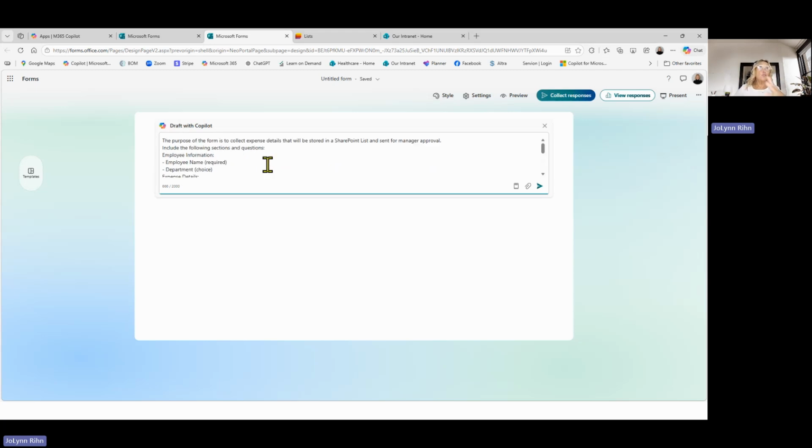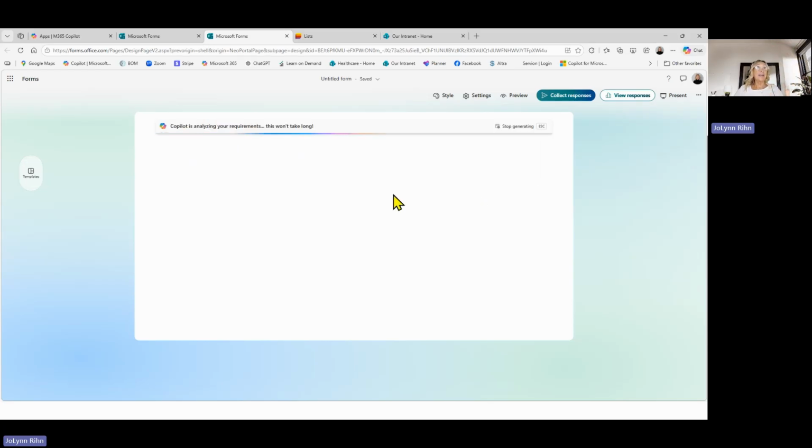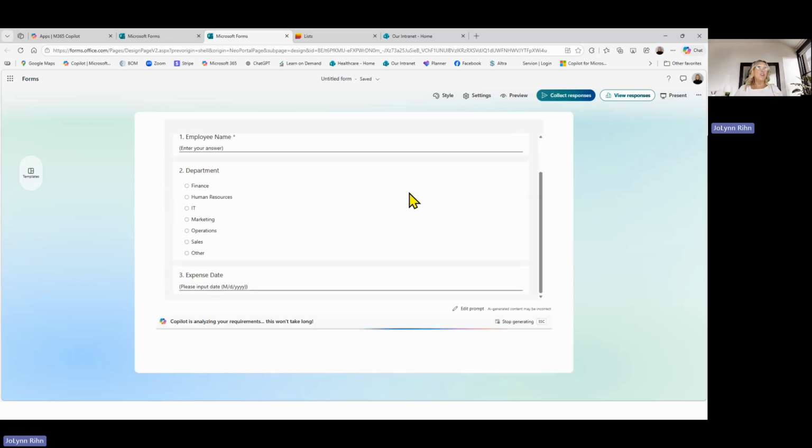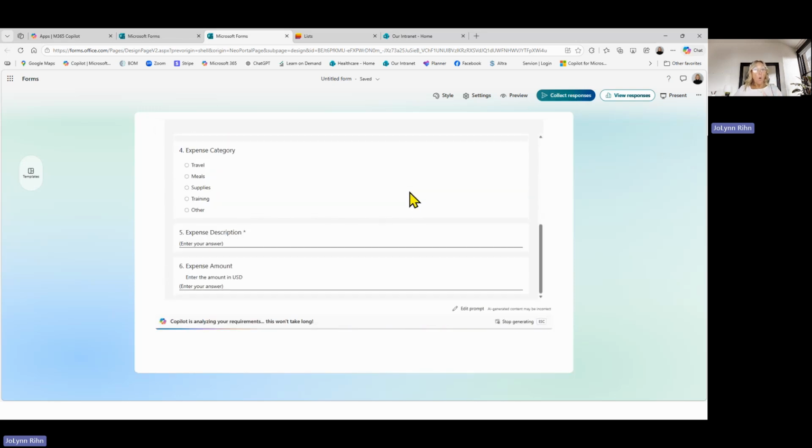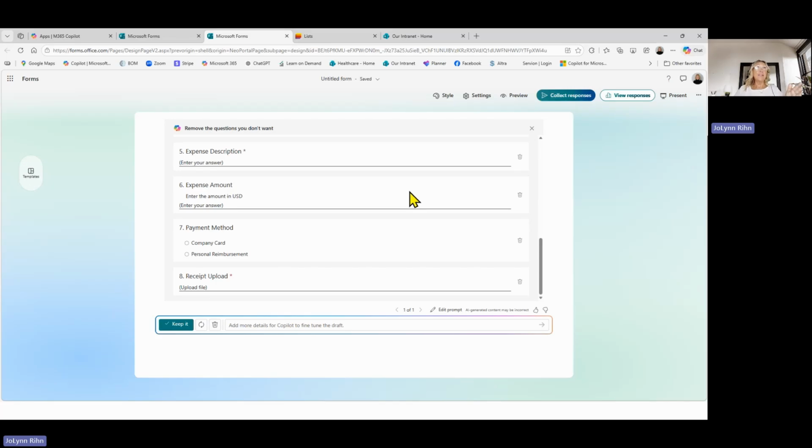But anyway, or you could describe the form that you want Copilot to create. So I put in the purpose of this form is to collect expense details that are being stored in a SharePoint list and send for manager approval, and so on. I'm just going to show you how I could type that detail in. It's kind of like my plan. This is everything that I want in the form. I can click send, and Copilot can analyze what I typed in and automatically create the form. Or I could have created the form myself by just going to, and I'm going to say keep